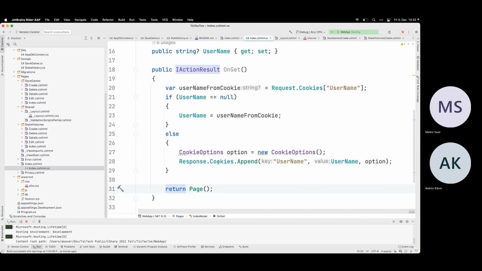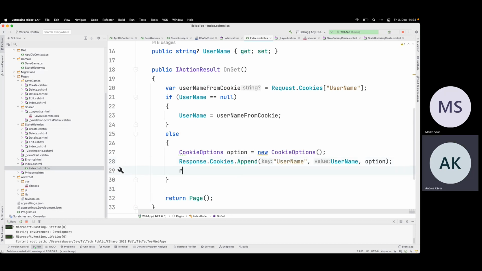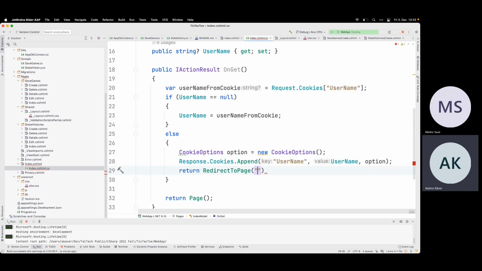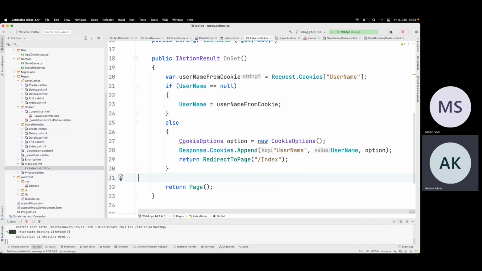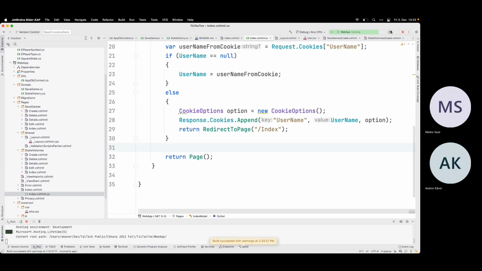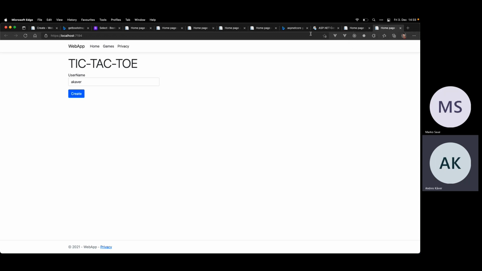If we load, and from here, if we set the cookie, then we need to do return redirect to page. Like this, I think. Let's try again. So now I already have the username.